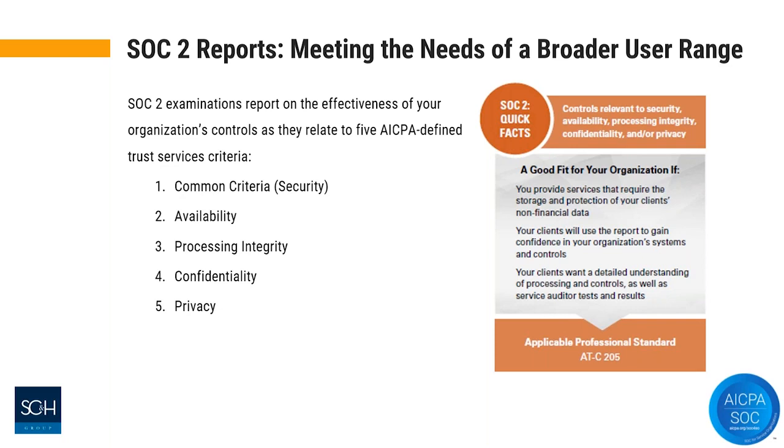Confidentiality, which is the fourth criteria, is really focused on how you as an organization restrict data to specific persons, or organizationally, and focuses on more specific access controls, firewall configurations, and encryption standards, as well as policies and procedures requirements around confidentiality. The last is privacy.